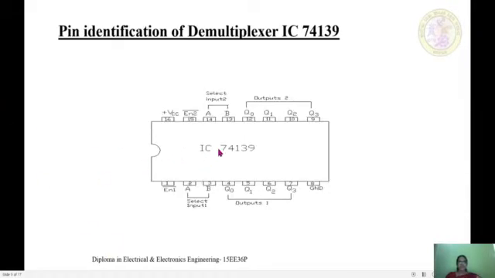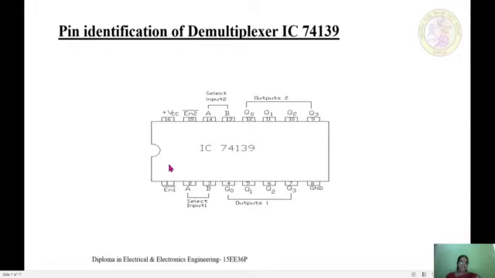Similarly, we have an IC 74139 which is nothing but a demultiplexer IC, and even this demultiplexer IC is a 16 pin IC, and the pins are identified keeping in reference to this notch.